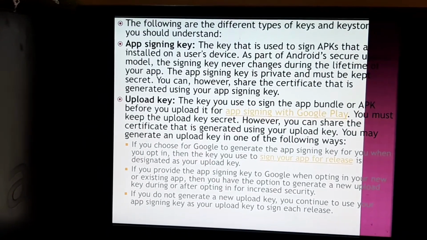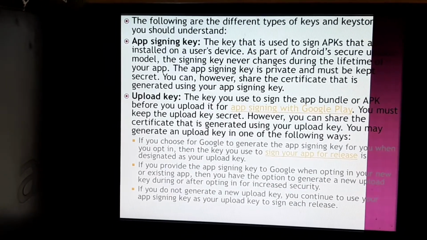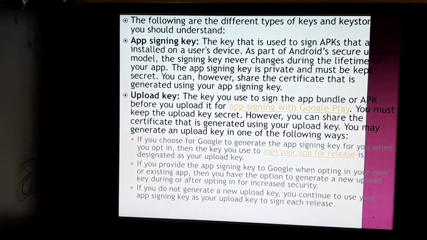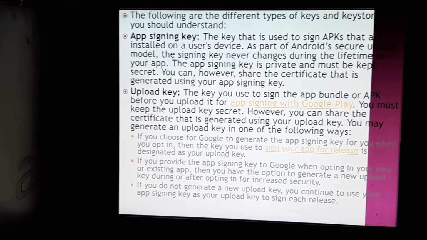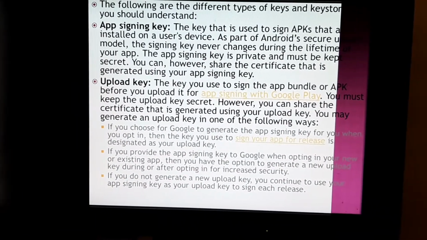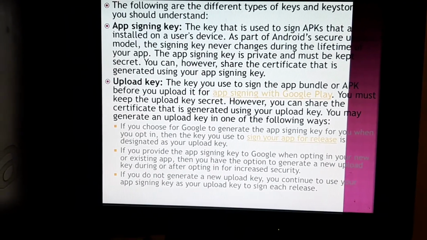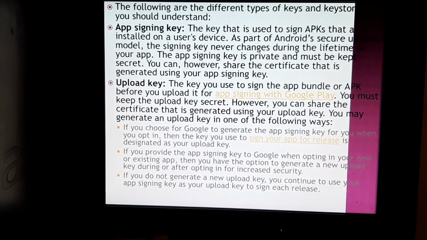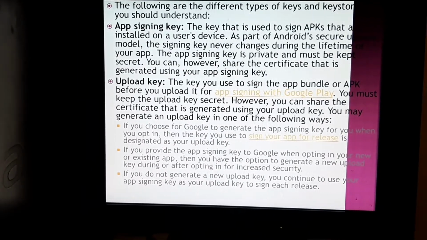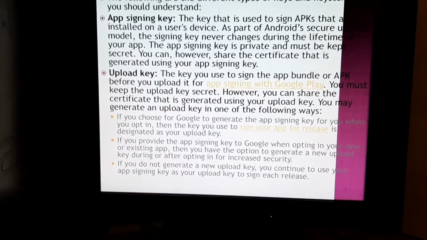If you choose for Google to generate the app signing key for you when you opt in, then the key you use to sign your app for release is designated as your upload key. If you provide the app signing key to Google when opting in your new or existing app, then you have the option to generate a new upload key during or after opting in for increased security.